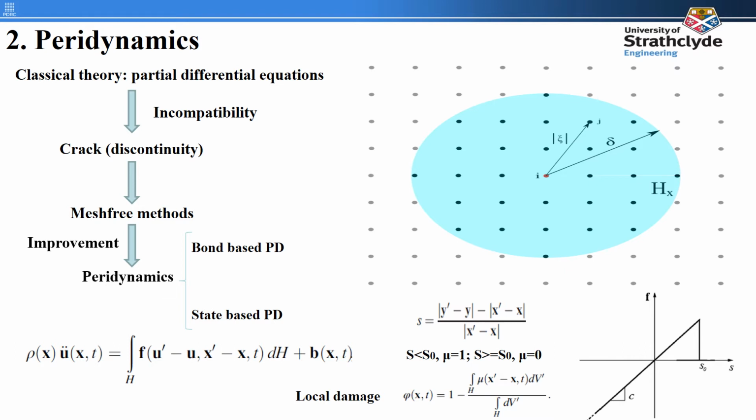In peridynamics, stretch is specifically defined to judge the break of the bonds between peridynamic points. If the stretch is larger than the critical stretch, which is calculated from the fracture toughness, the interaction between these two peridynamic points will be judged as broken. Then, the local damage can be calculated. If the damage parameter is equal to 1, it means that this point entirely loses connection with other points.